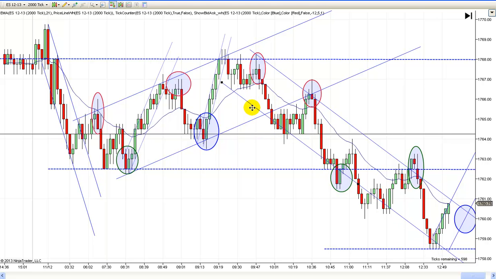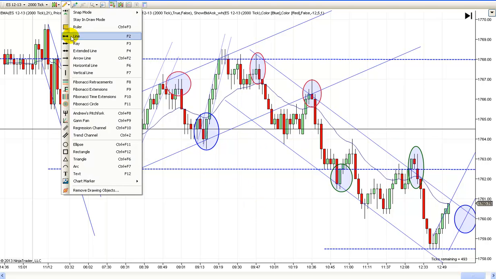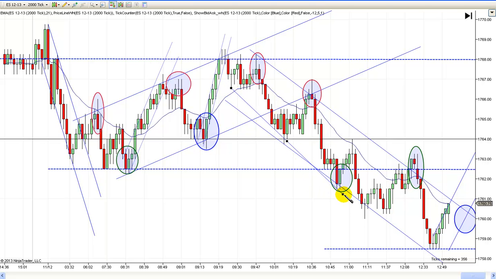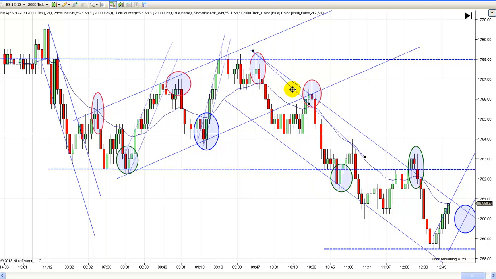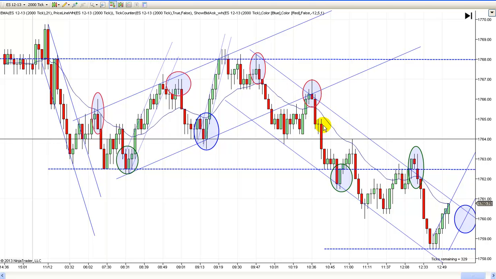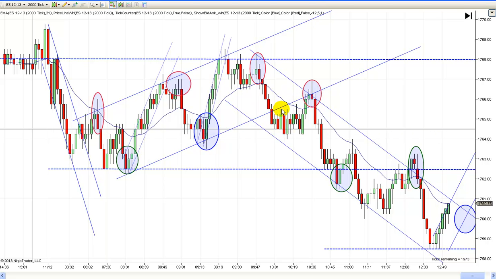That's a two-legged pullback. And I originally had this trend line drawn a little steeper. Let's just move this one back. I originally had this one drawn a little steeper like so, and then I had it drug up here, but you can see it still kind of fit the bill for looking for a reversal right in that area. But it's really two tries. You got that high right there. You tried to go higher once, then twice, and it's a retest of that little area. It turns down, and it is looking like a range day. So I'm looking at it both ways.